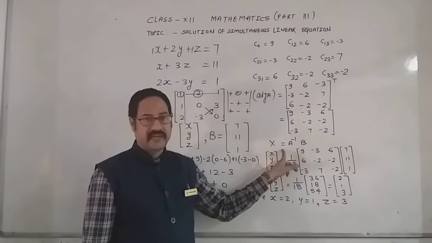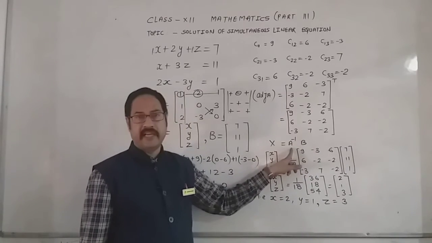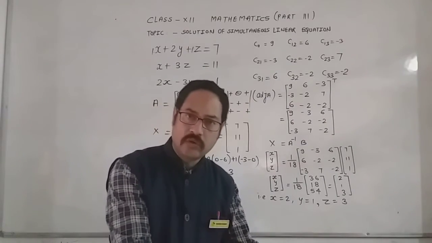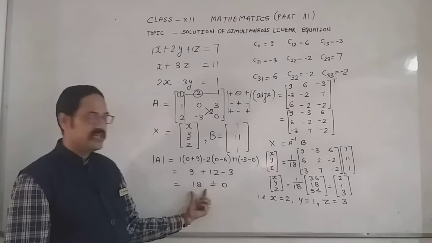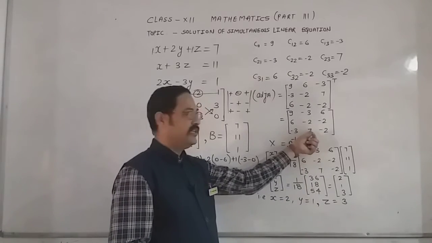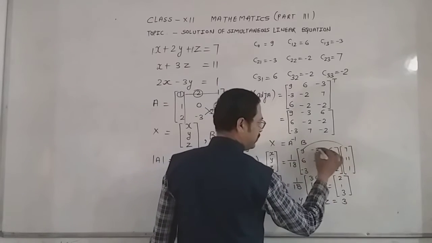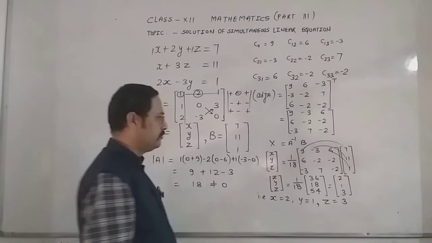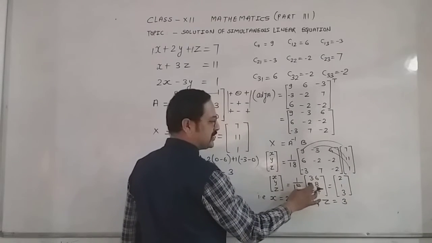As you know, what is the matrix method? X is equal to A inverse B. In my earlier video, you learned that A inverse is equal to 1 over determinant A into adjoint A. So X, Y, Z is equal to 1 over 18, adjoint A, and B. Now you have to multiply these matrices in that order. You have to multiply row by column. After that, by solving these two matrices, we get 36, 18, 54.